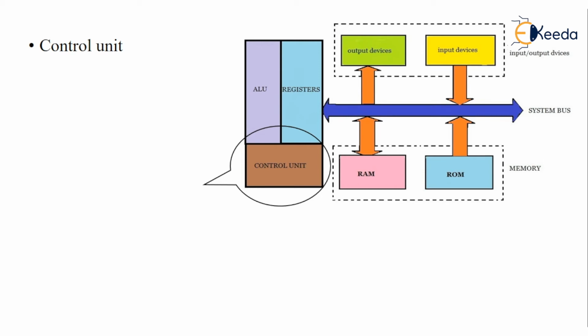Then the control unit controls the internal signals, like the status. In the earlier ALU we saw the status. If any carry was generated in the previous execution, it will raise the flags, and the raising of flags is decided by the control unit. If I want to store data in external memory, the control unit guides and controls the signals to store the data into the external or internal memory. Then comes the input devices.